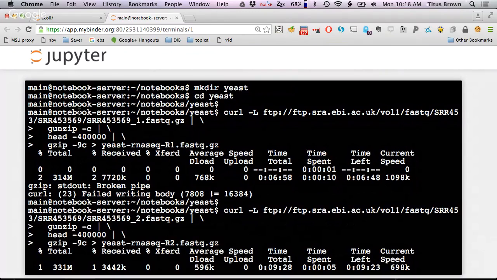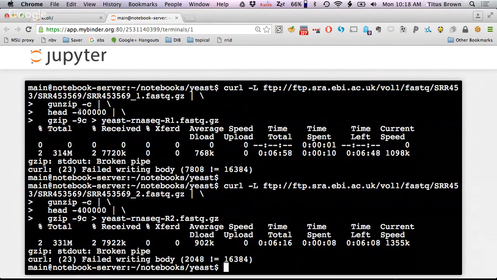You might think that there's a much better way to figure out whether or not something's paired end than whether it has a 1 or a 2 in the file name, and the answer is sadly no. Generally, that is not